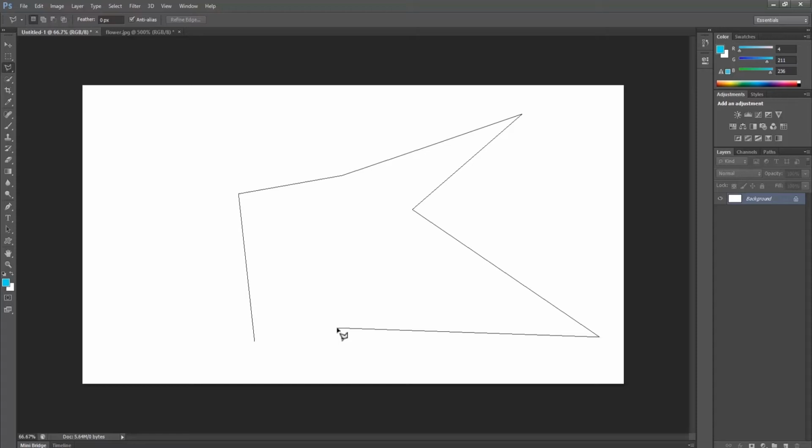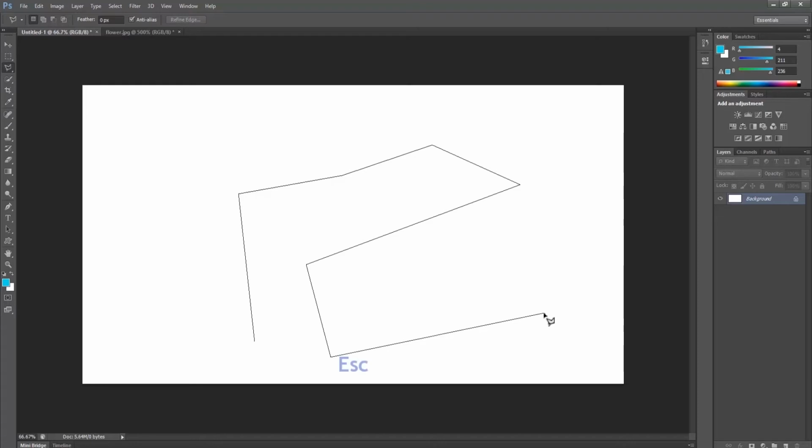If you feel that you have made a wrong selection, to go back to the previous point, click backspace in your keyboard. Backspace again. And if you want to get rid of this tool, just click escape.